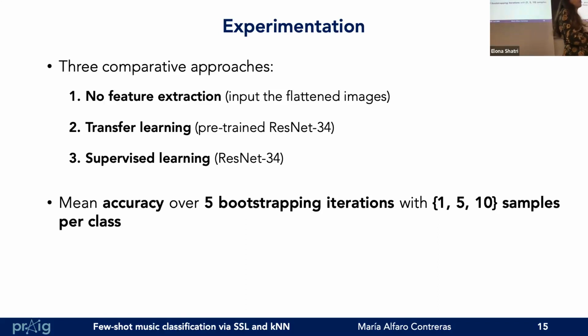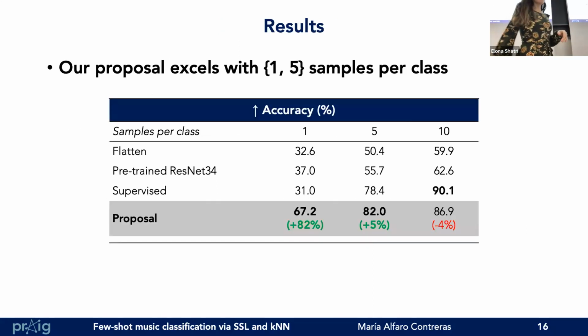Another one was using a pre-trained ResNet to compare the proposal with transfer learning, and to use supervised learning using ResNet as the CNN. And we perform bootstrapping to avoid any bias related to the sampling process, and consider only 1 to 10 labeled samples per class. And the result we got was very good, especially with just one